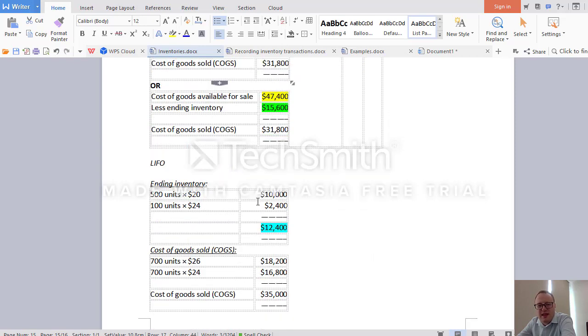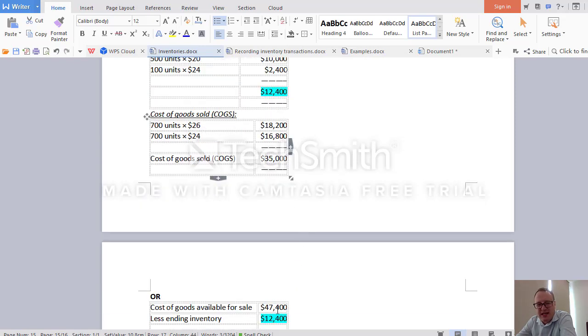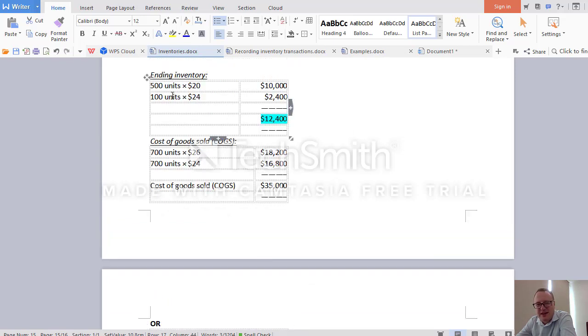With LIFO, it is the opposite. So the ending inventory. So you will sell from the last batch and also from the second last batch. And you will get cost of goods sold. Then you subtract it from 47,400 and you will find the ending inventory. And ending inventory will include mostly the whole earliest batch, 500 units at $20, and a small part of the second